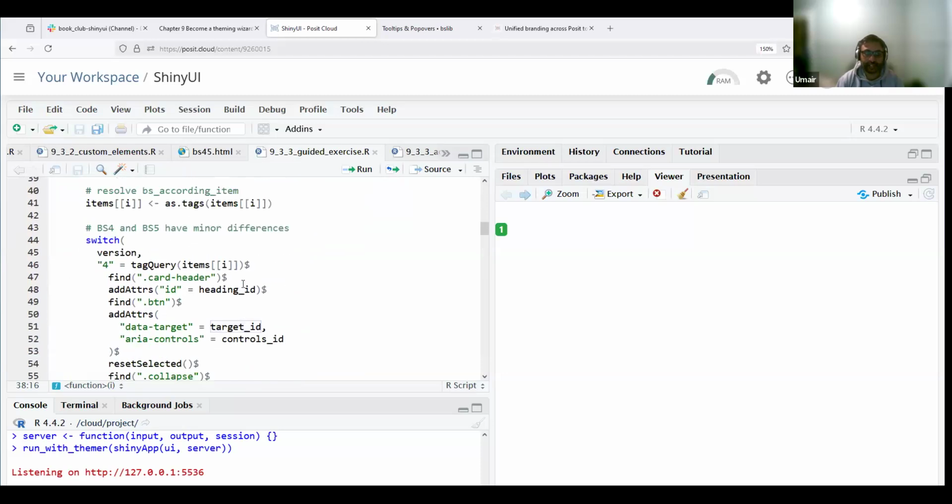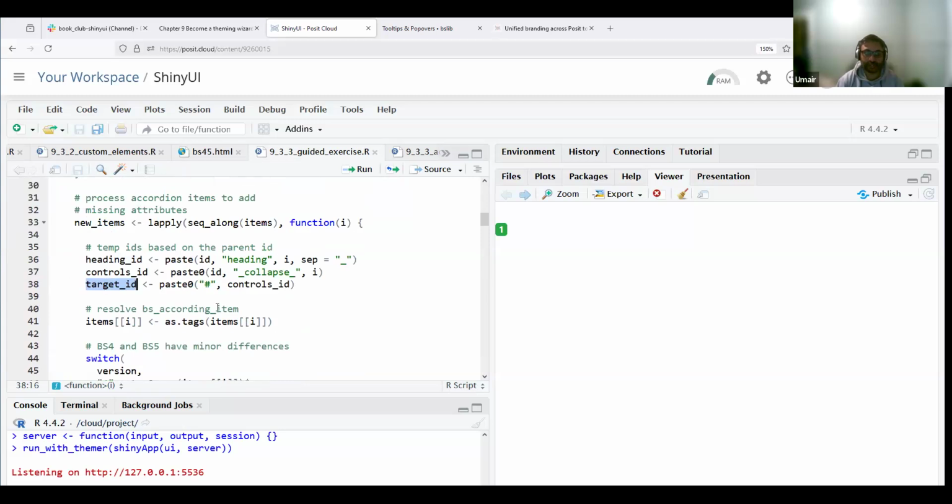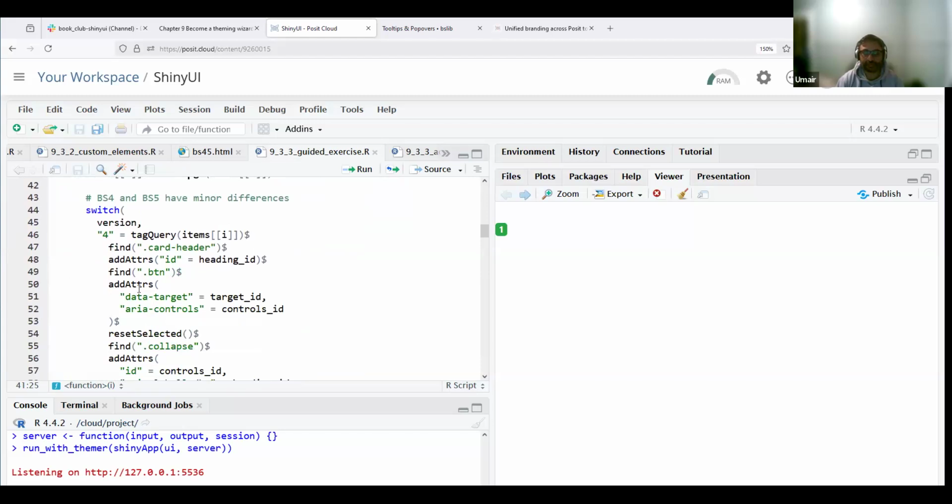And then we convert our items to tags. Then we switch based on version 4 or 5. If it is version 4, then we use tag query, we take our item, we find card-header class, add attributes, in this case the ID, find the button class, add attributes to that, which is data target and ARIA controls,